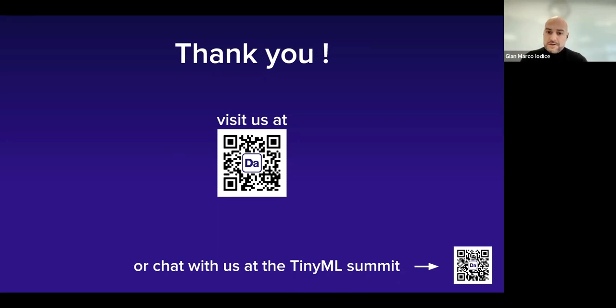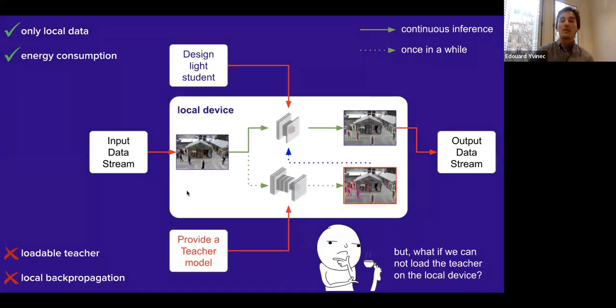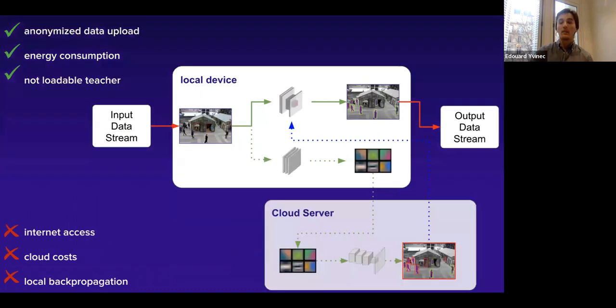Another question on Zoom. For continual learning, will the labeling be done in the cloud? Okay, so about continual learning, we have two scenarios, essentially. We have the scenario where the labeling is done by the teacher, and that's done on the local device. And the scenario where the teacher does not fit on the local device, and you have at some point to infer part of the model on the cloud. But all the continual learning is about the training procedure, and the training procedure is performed on the local device.